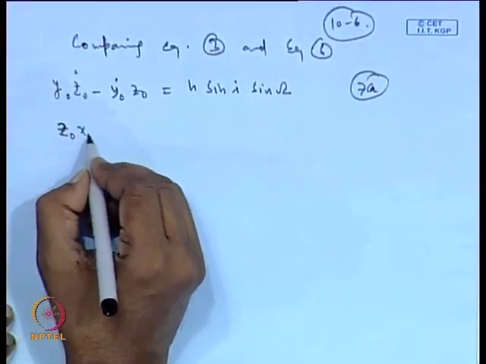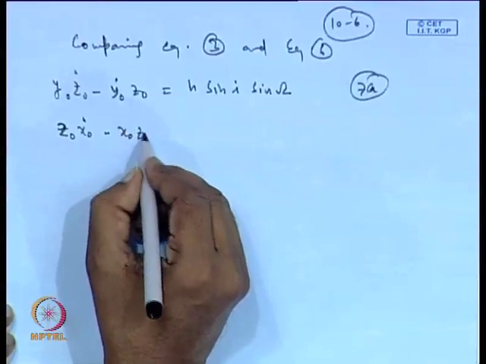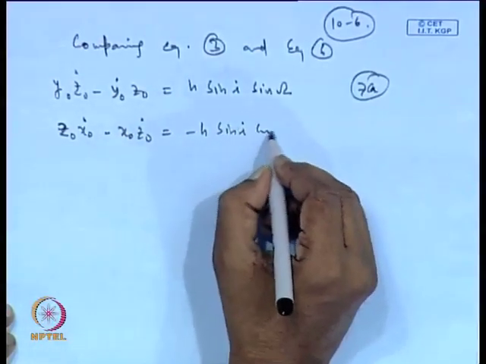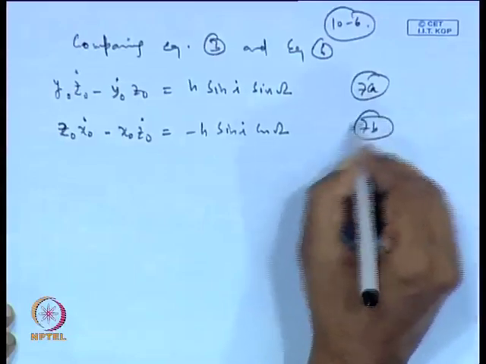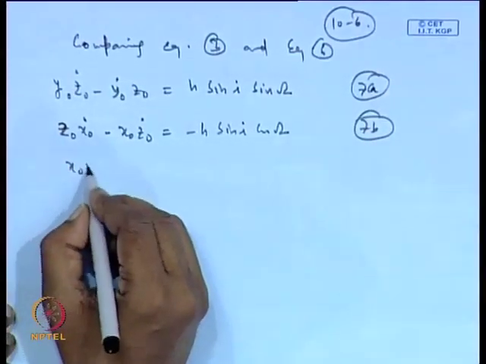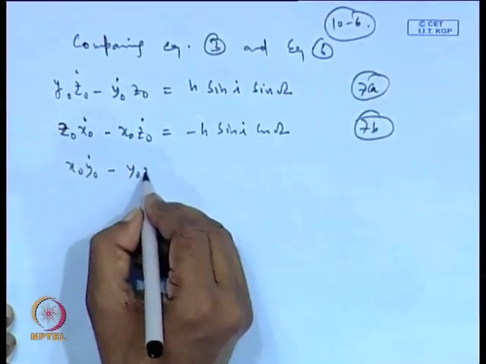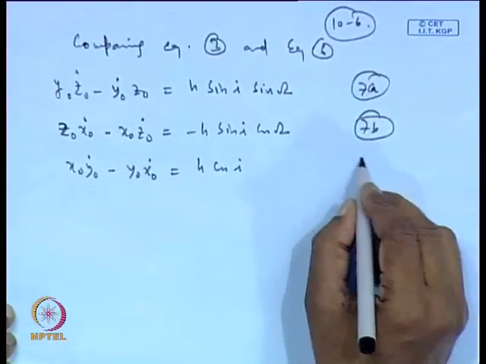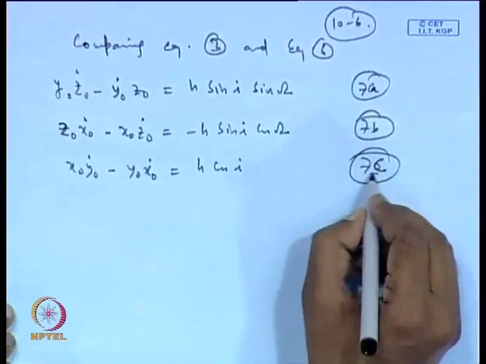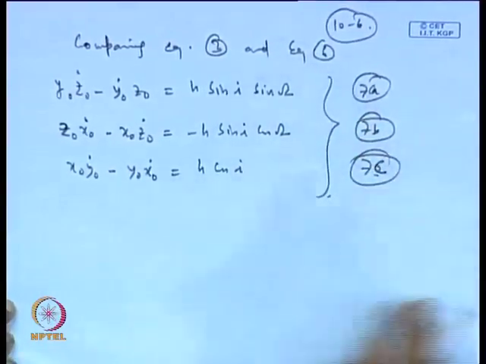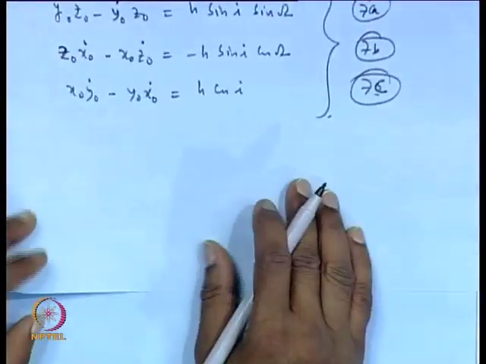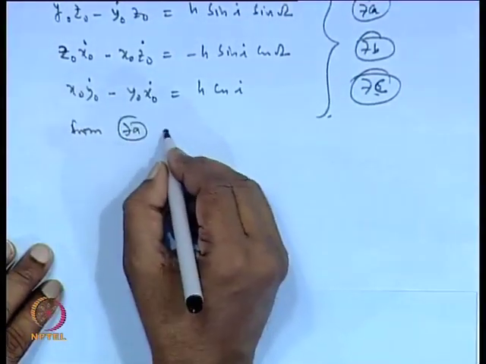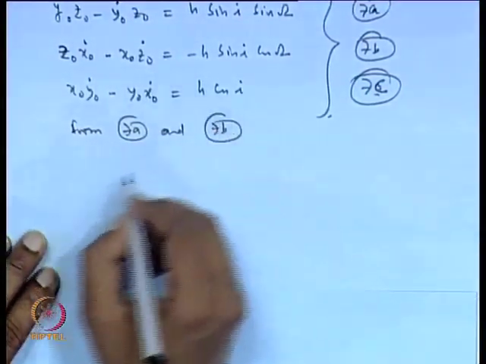Then z0 x0 dot minus x0 z0 dot is equal to minus h sin I cos capital omega, 7b. x0 y0 dot minus y0 x0 dot is equal to h cos I. This is 7c. Okay. So, from 7a and 7b, we can write